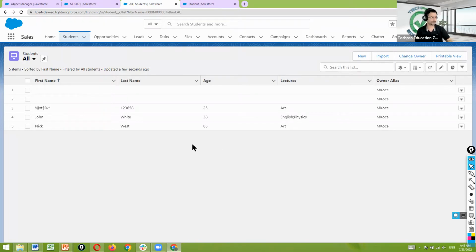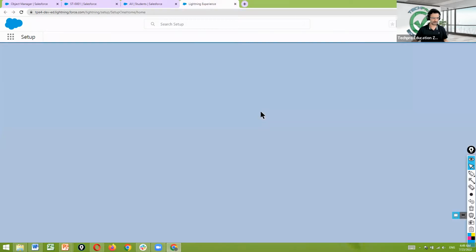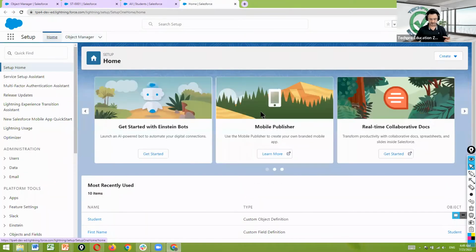So, guys, today we learned how to create an object, right? How to put it in a tab. I think we haven't gone through that very deeply. So let me show it again and I'll be finishing the session. Let's go to setup. As you can remember, that was the last option at the object manager,